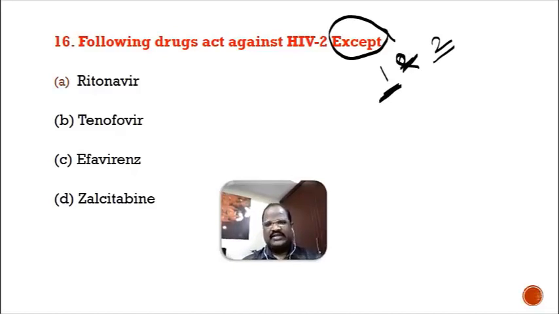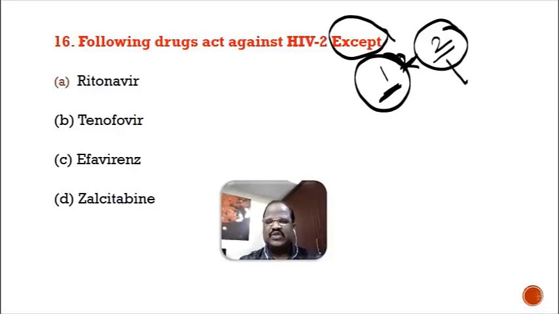Actually, HIV2 is the one discovered in West African people, whereas HIV1 is the one worldwide that we see. So when I say HIV infection, I mean HIV1, whereas in West African people, we call it HIV2. The difference is the HIV2 is slow in progression. They slowly go for acquired immunodeficiency and slowly develop opportunistic infection.